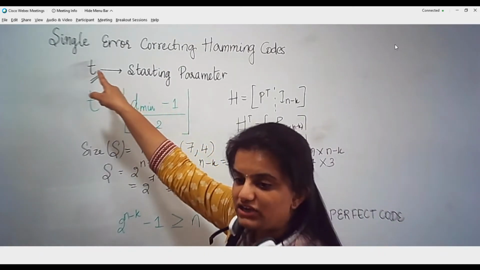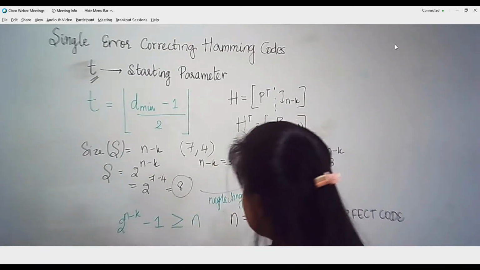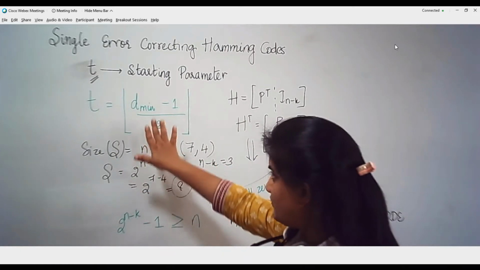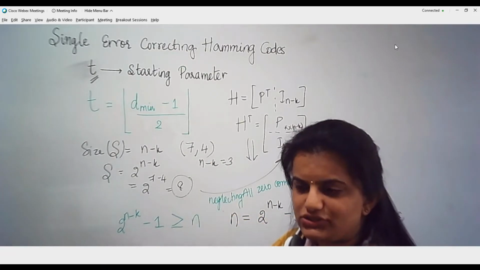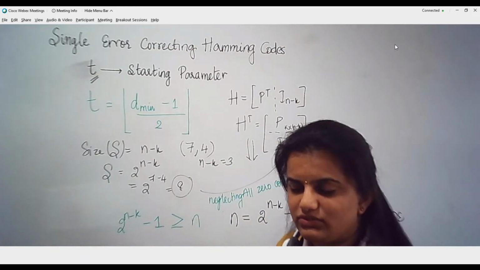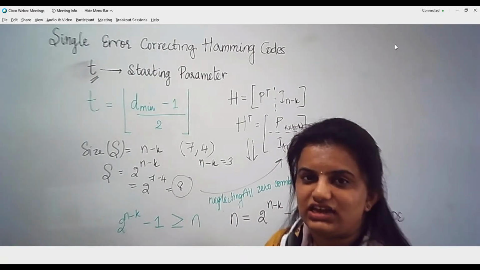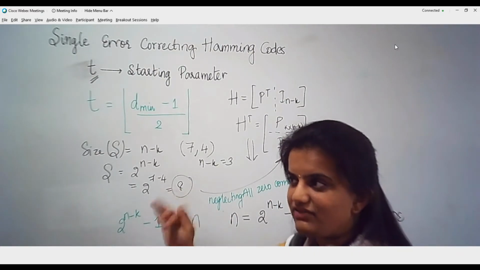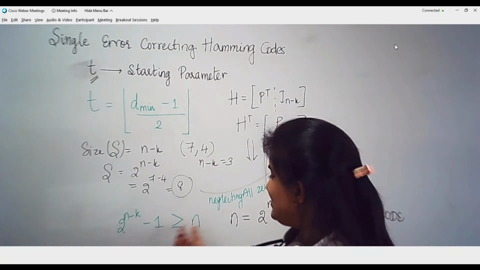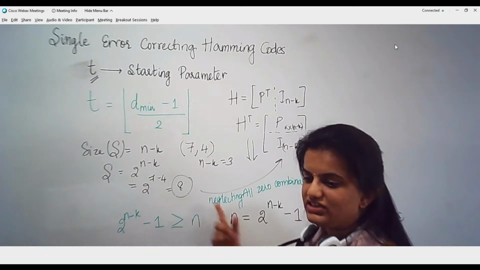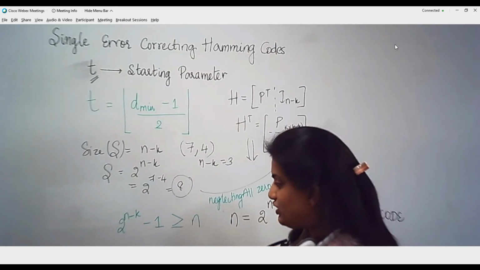So we are going to start off with t, obtain d min. Once I know the d min value, it is equal to 3. There are different combinations of n and k which are going to give me the d min. In order to recognize the k value, I almost know it. In order to know the n value, I am going to make use of this inequality. How to find out the n value?